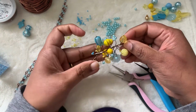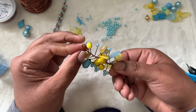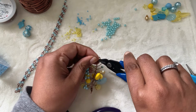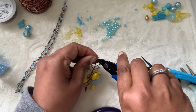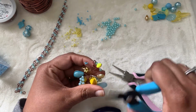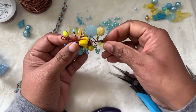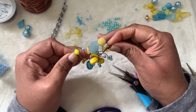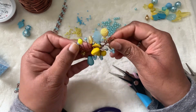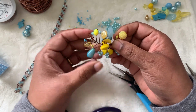There we go. So now we have this, and this side you can actually snip off this wire close to your frame. And tuck the tail. So here is what we have. I'm just going to bend this a little bit, just like that, so to give it a shape. And I'm just going to spread this out a little bit so that it's nice,